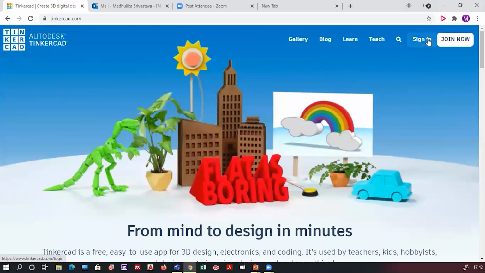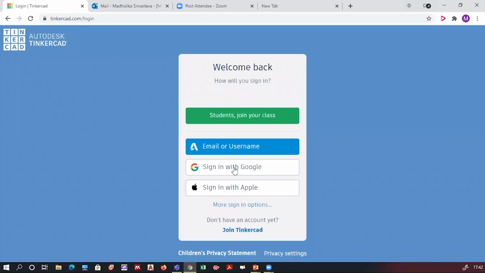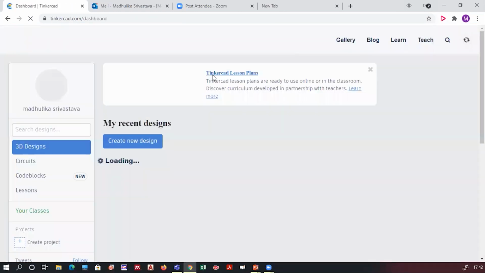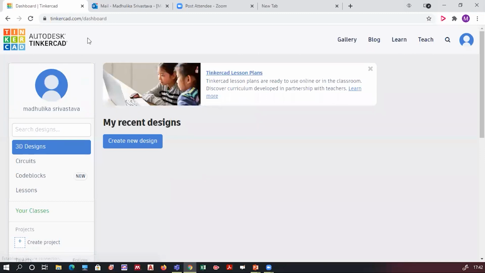I will sign in with my Google account. So here I've clicked it. Gmail is already signed in, so I will automatically be taken to my Tinkercad dashboard.